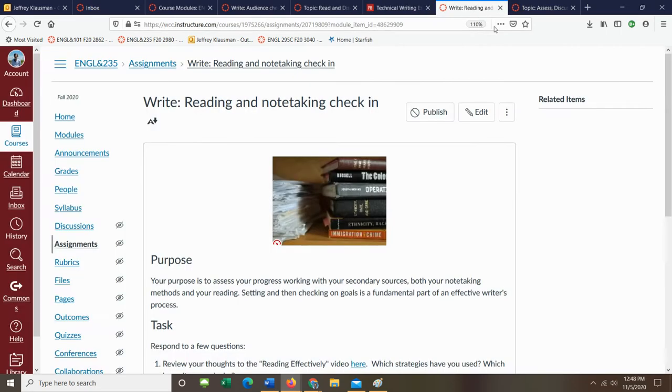Okay, then the second half of the week, we're going to be doing a quick check-in on your reading. As you may recall, earlier in the quarter, we talked about note-taking methods, and you all talked about what you were going to try to do. We also looked at active reading strategies, and you talked about what strategy you might want to employ as you do your reading. Well, your bill has come due.